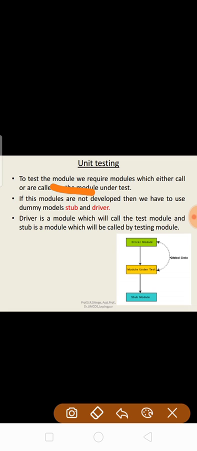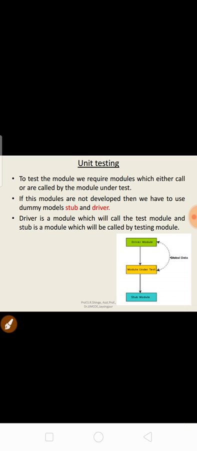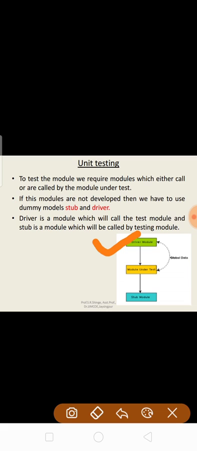These dummy modules are called stub and driver. A driver is a module which will call the test module. Here the green module is a driver, a dummy module which we have developed to test our module. And a stub is a module which will be called by the testing module. Here the blue one is a stub, which is also a dummy module.